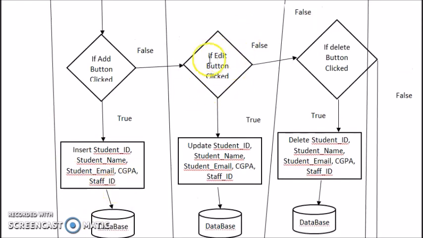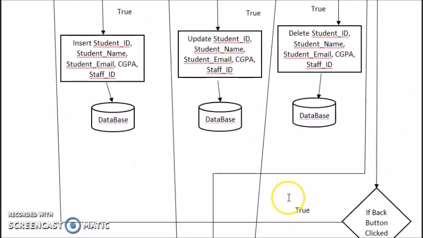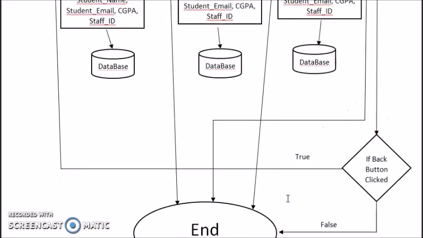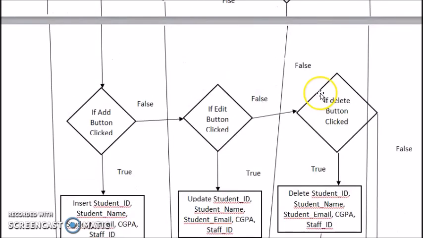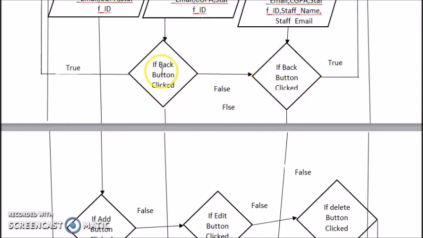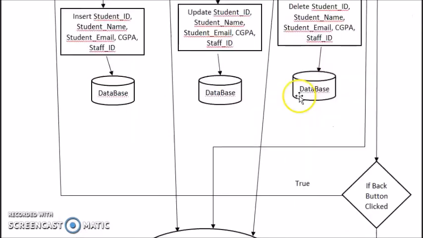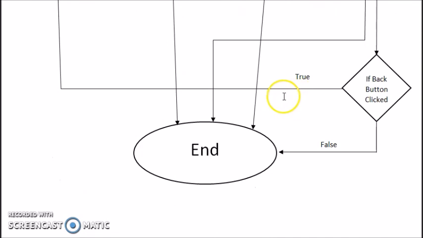And if you click edit, the same thing, it will edit the existing student in the database, and it will be saved too. And if you click the delete, it will be deleting the student ID, student name, I mean the whole student detail itself. After all this, when we click back, it will be taking us to the end